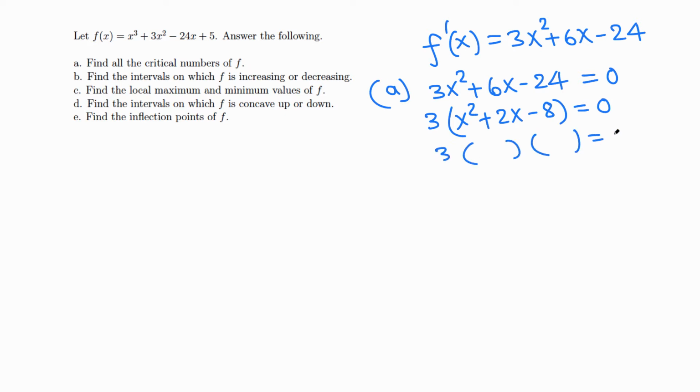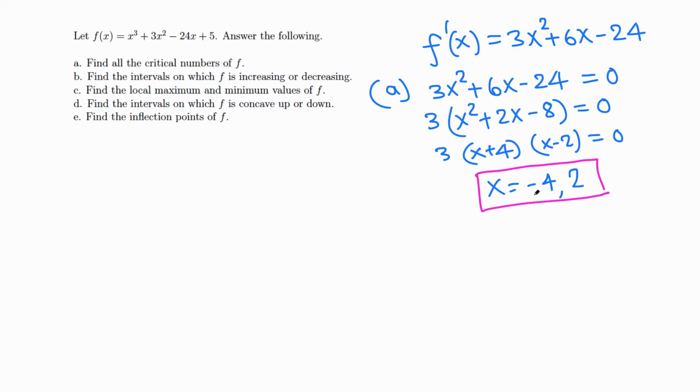Now we should be able to factor this trinomial. 4 times 2 is 8, and 4 minus 2 is 2, so plus here and minus here. The 3 has no contribution in getting x, so x plus 4 equals 0 means x equals negative 4. x minus 2 equals 0 when x is 2. So we got two critical numbers,